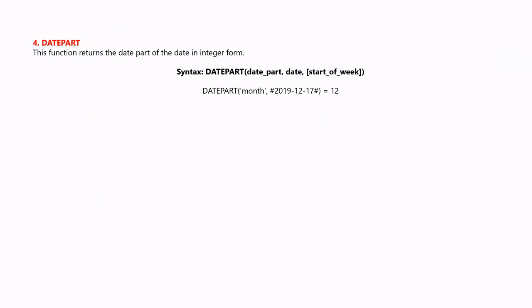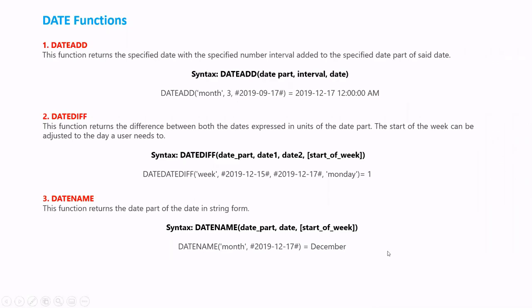Okay, got it. So for DATEDIFF, the start of the week is necessary only when we are doing it in weeks, and if it is non-Monday. If it is a regular day, not weeks, then start of the week obviously has no issue. And if it is a week, there will be a default, and if our requirement is non-Monday, assuming Monday is the default, then we'll have to give it, I think.